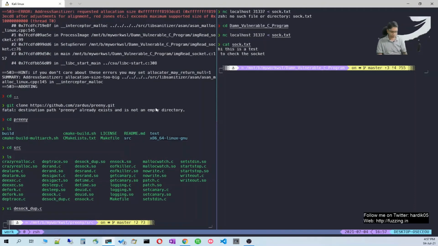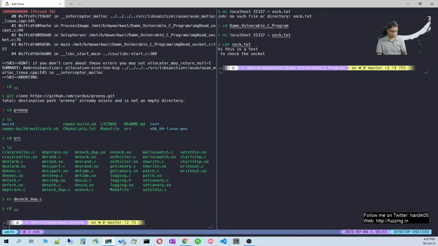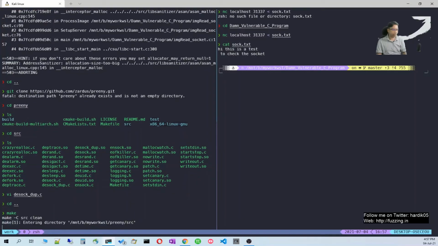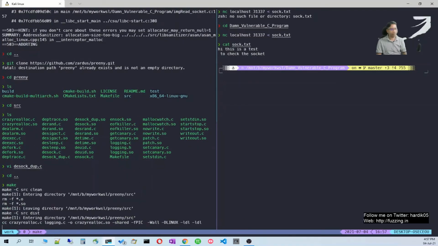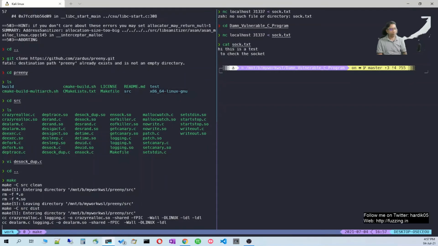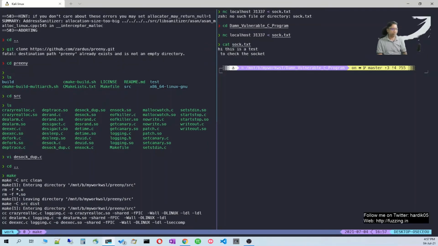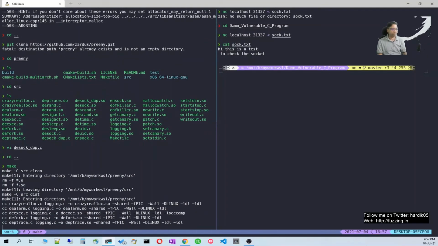You simply need to compile it by going to the Preeny directory and typing make. Let's try that. Okay, it is working. So just git clone Preeny, go to the Preeny directory and type make. It will configure and make it for you.